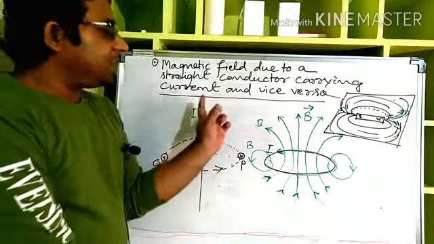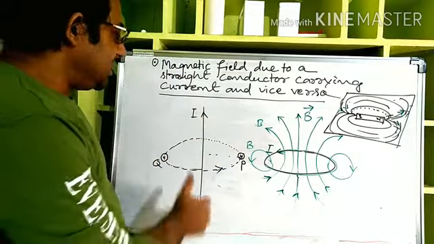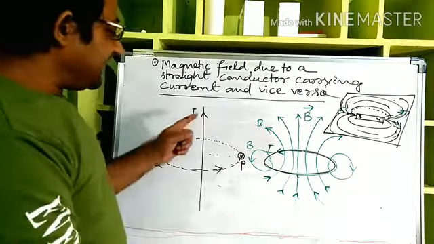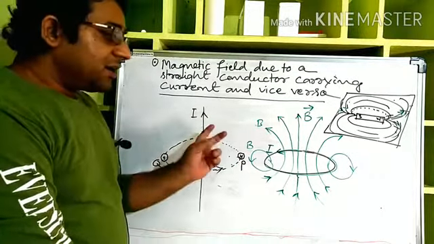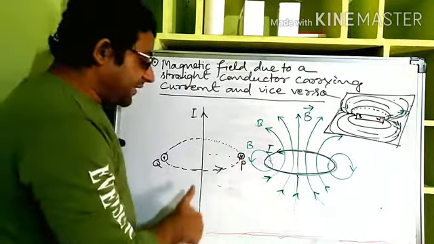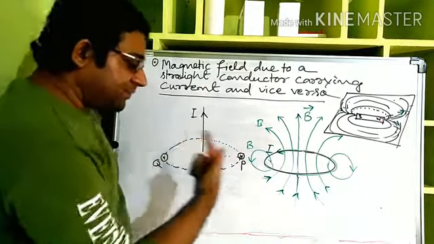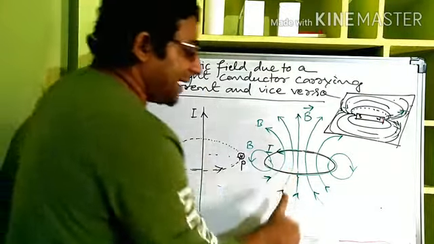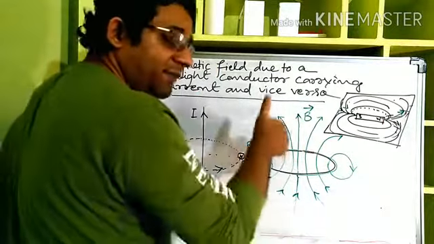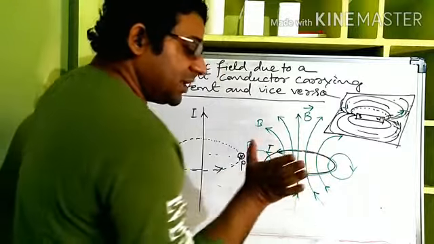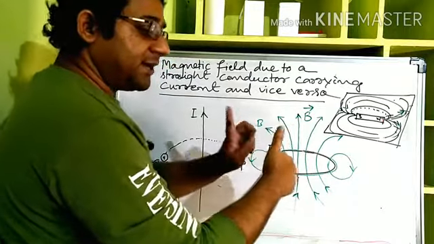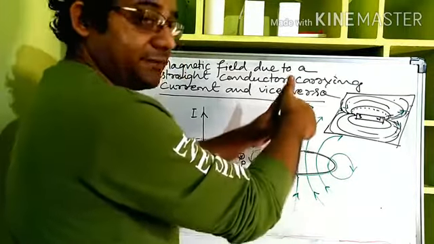So the point where students generally get confused is that the directions of the current and the magnetic field induction are vice versa. In both ways, the right hand thumb rule can be used. If current is along a straight line, around it the magnetic field will be generated. If the magnetic field is along a straight line, around that the current will be there, but the magnetic field will not be there. If the current is in a circular loop, your curling fingers show the direction of current, then the thumb will show the direction of the magnetic field induction.